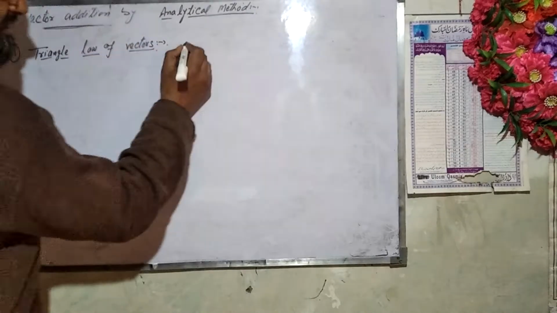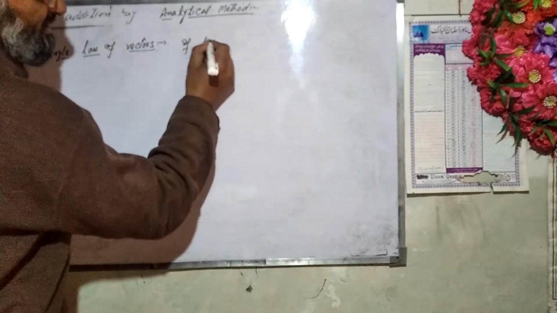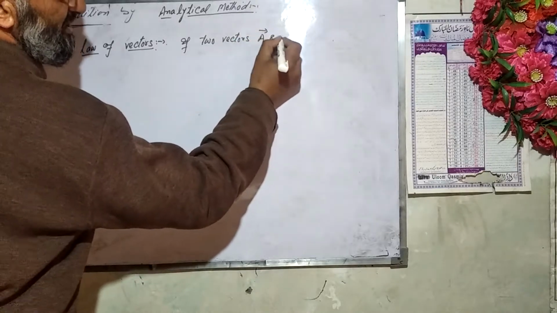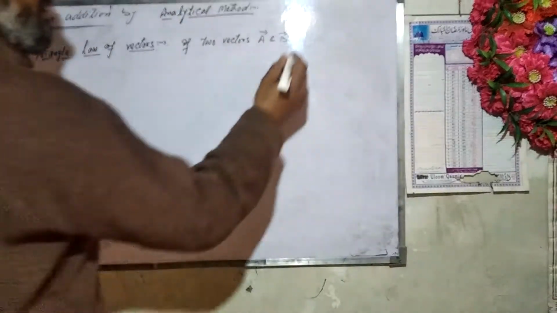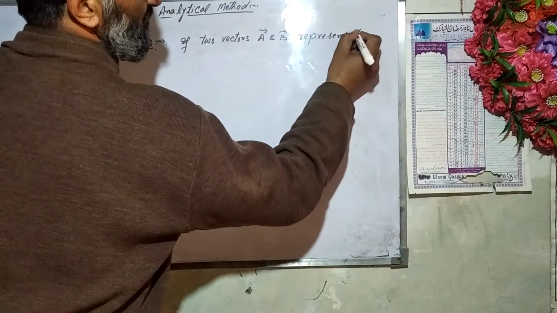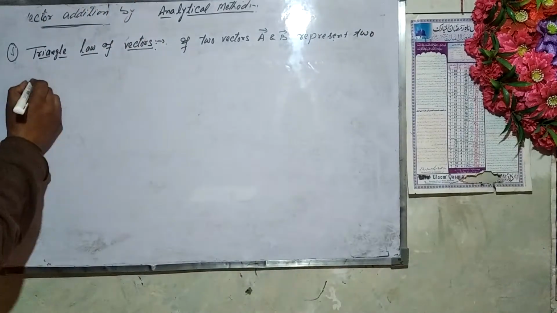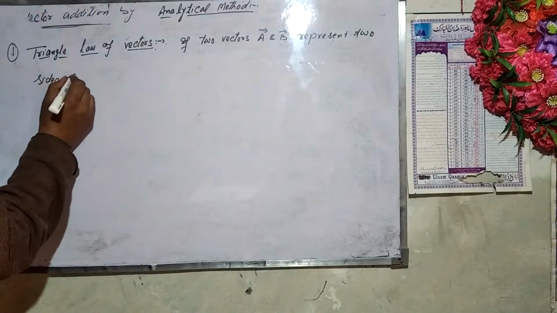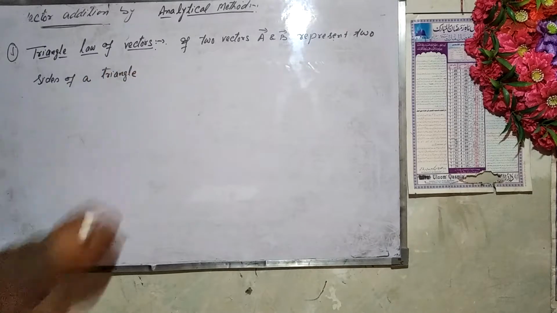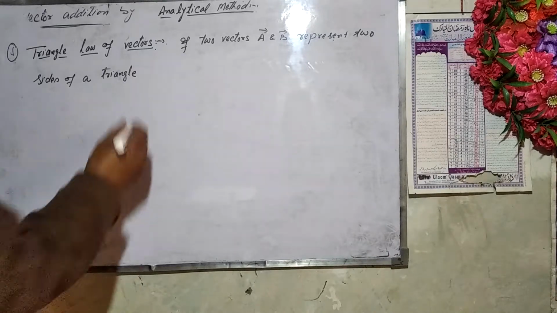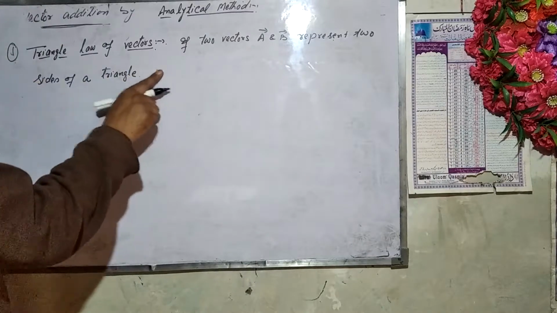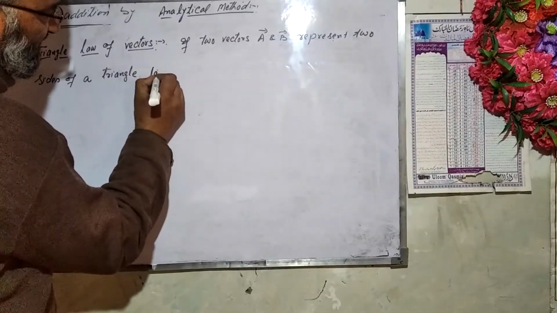Triangle law states that if two vectors, say A and B, represent two sides of a triangle, two sides of it taken in order,